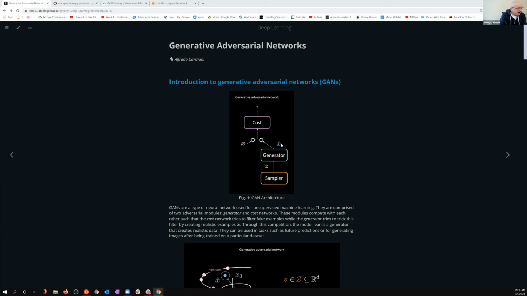Whereas the X hat, on the other hand, is the simulated or fake data that's created by the generator. Now, the generator generates that by sampling the Z space. It uses basically noise and a sampler, feeds it into a generator, and then it produces fake data. And then you have a cost function